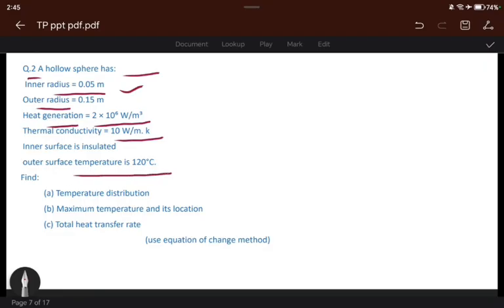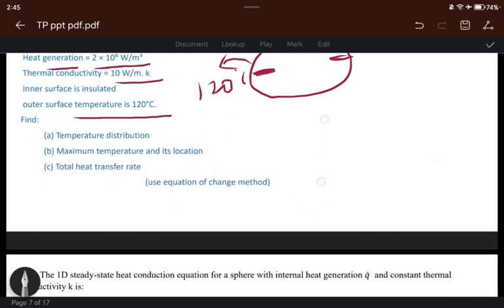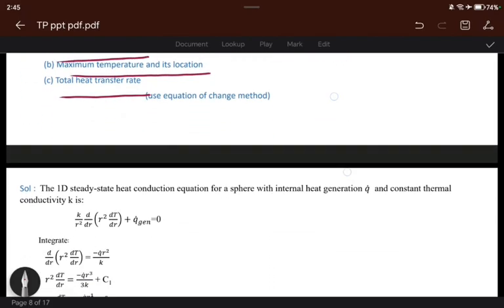Outer surface temperature is 120 degrees Celsius. So that is a sphere. So the inner surface of this sphere is insulated and outer surface temperature is 120 degree Celsius. So we have to find here the temperature distribution and maximum temperature and its location and total heat transfer by